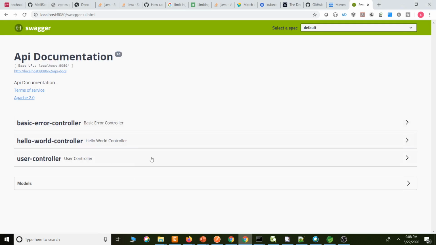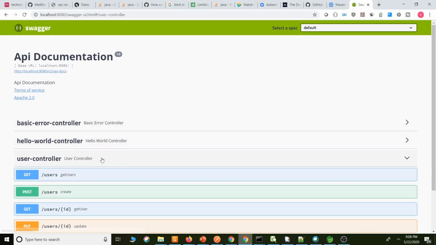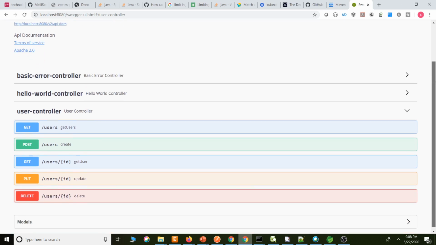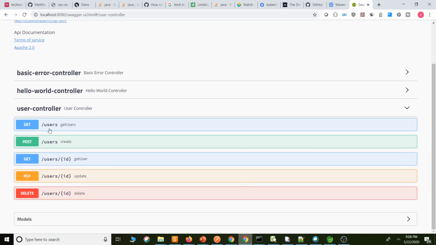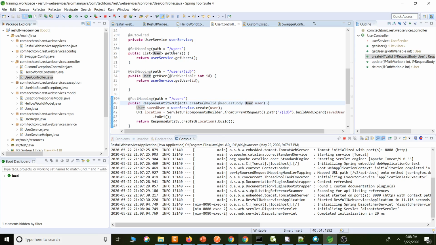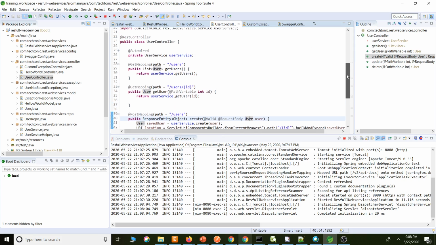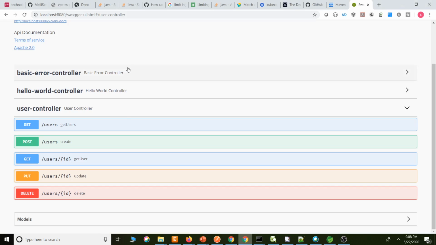Under the controllers package, we have the custom exception controller, the hello world controller, and the user controller. All these controllers are present here: basic error controller, hello world controller, user controller. Under user controller, we have the get method which we have exposed here, to get all users, create to create users, get a specific user, put a specific user, delete a user.